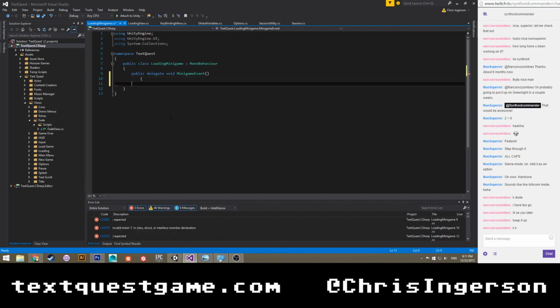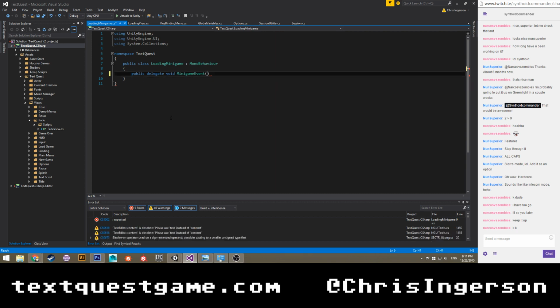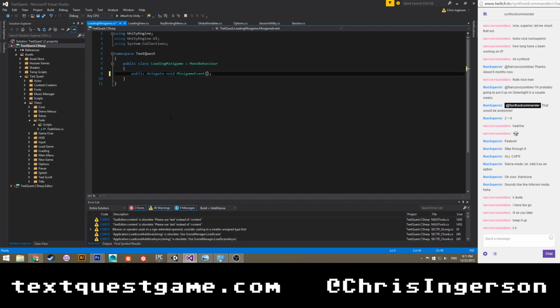I don't know what it should do actually. Hold on. What should this pass? It could pass anything or nothing. I guess I'll call it minigame success.